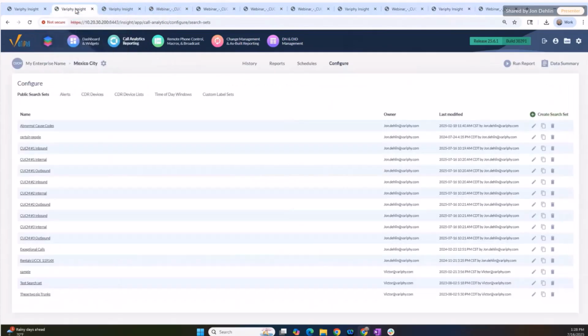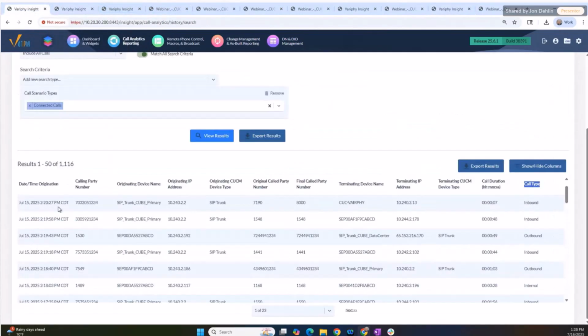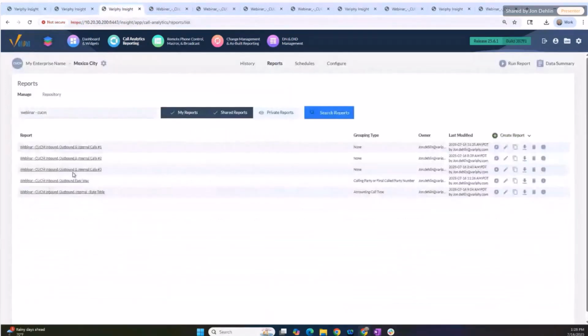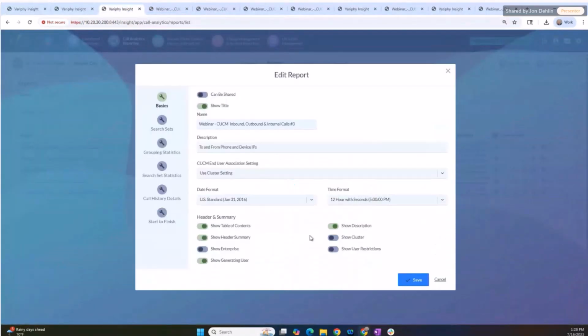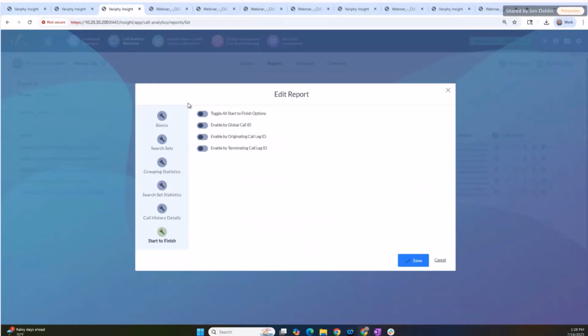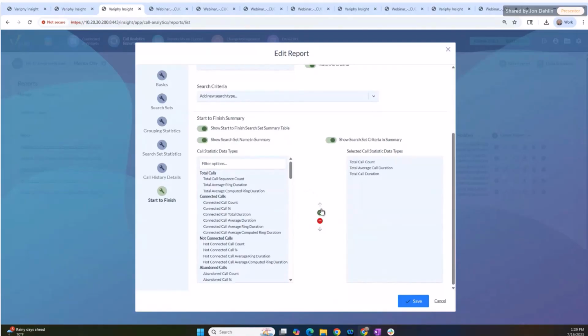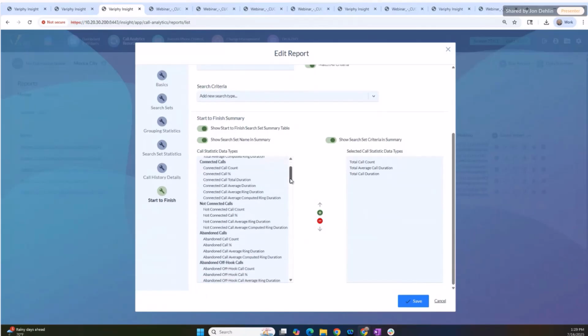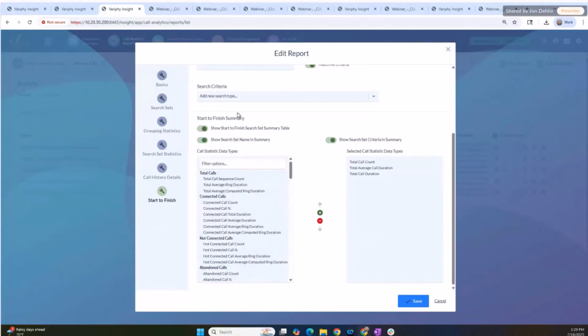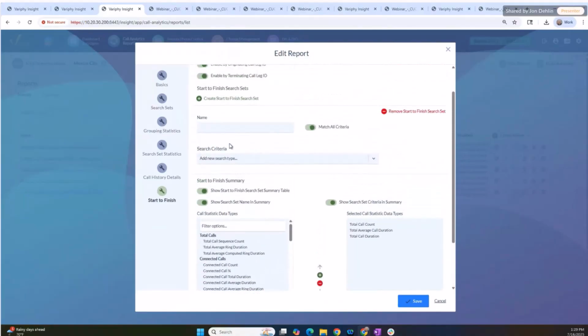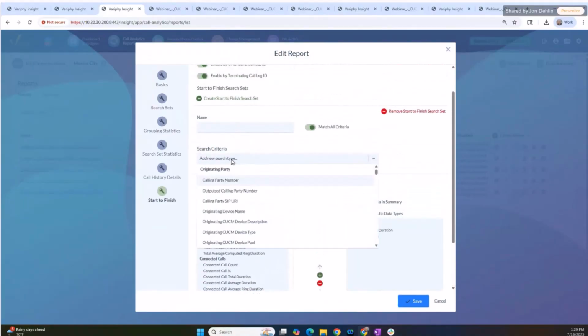We'll jump into one of these, because if we go to the start to finish, we enable this. If we were to create a search set, yes, we could have some summary information, but it wouldn't be in the form of charts or graphs. It would just be the statistic types. But if we wanted to, within the cradle to grave, we could create a search set that was built around, say, those